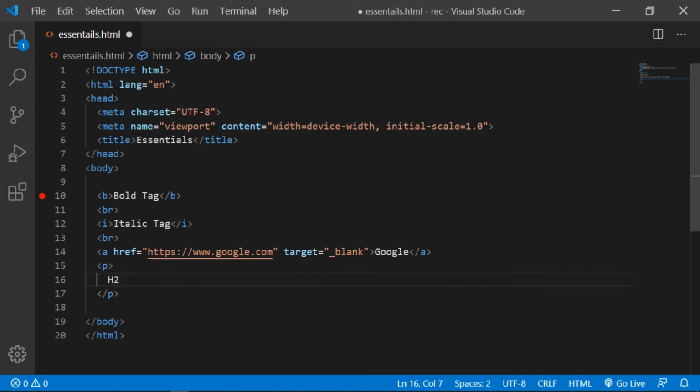So for making this 2 a subscript, we have to wrap it inside of the sub tag. So I'll just type the 2 over here, and similarly for superscript, let's say we are doing x square, I'll type x and then write sup.